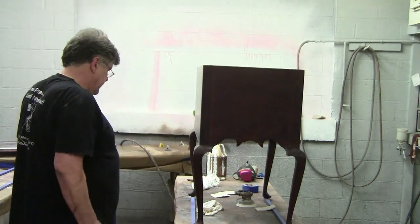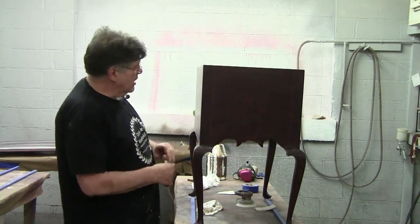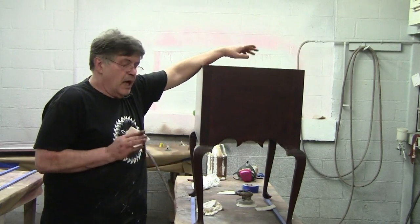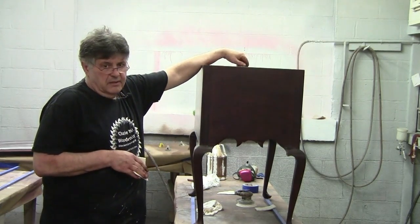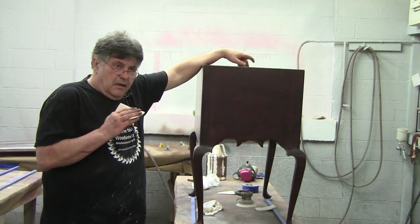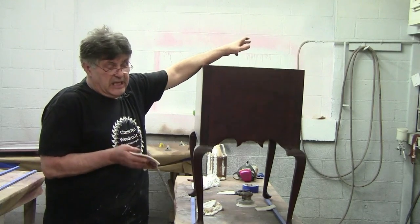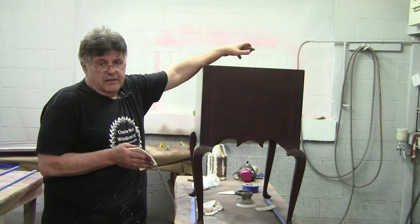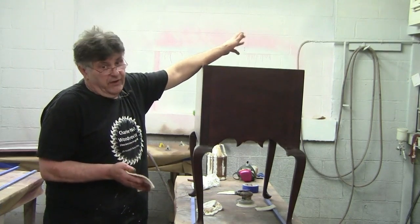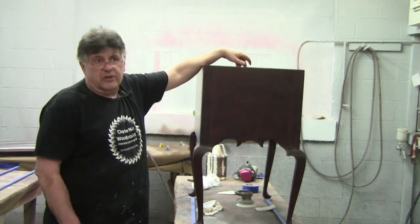Now, there's been some questions that grain filling doesn't always do what I expect. A lot of times it's not 100%, but man, it makes a big difference. Even with grain filling, the first key is to make sure that it's good and dry, because any finish, I don't care what it is, filler, anything, is going to shrink back as it cures. So what's a good